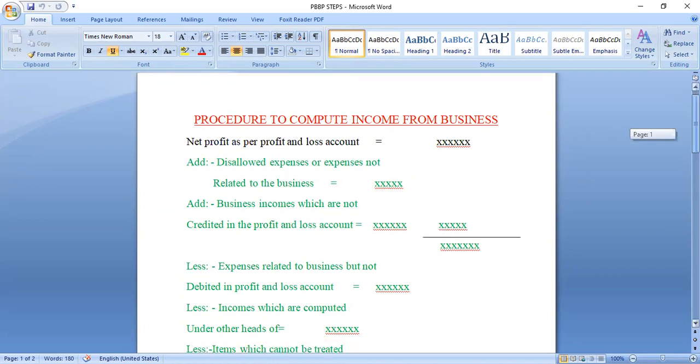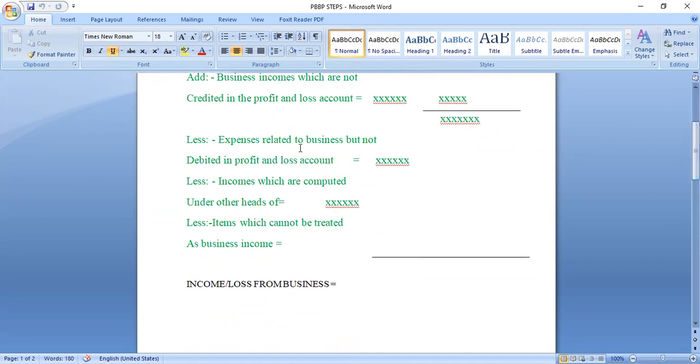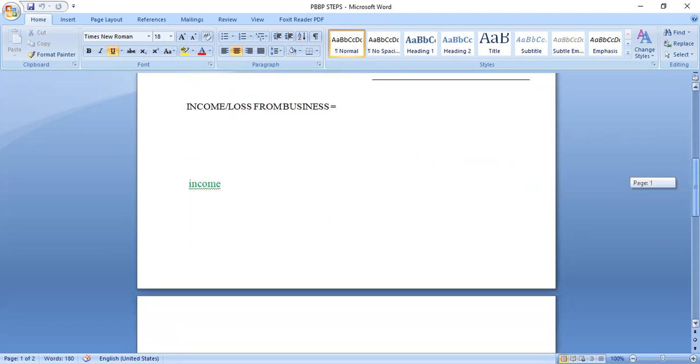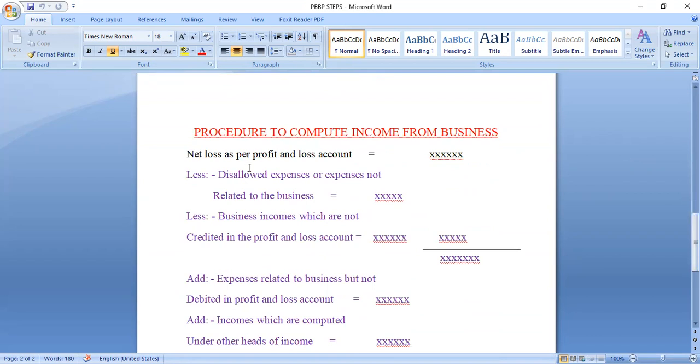Then there are three subtract items. Expenses concerned with the business but not entered in P&L account, and one more subtract item, incomes which are computed at different heads of income, not under this head. It doesn't belong to business income, it is in other incomes. And those incomes which are not taken as business income, they're non-business income or personal income. Either you get income from business or loss from business. Suppose in the P&L account, if net profit is not given, you take the net loss